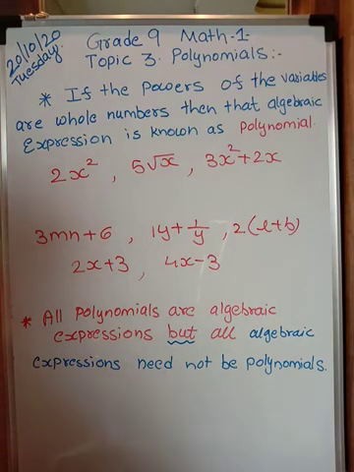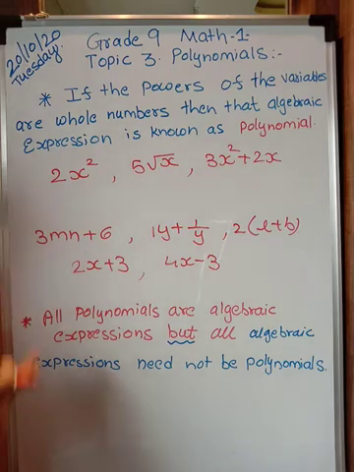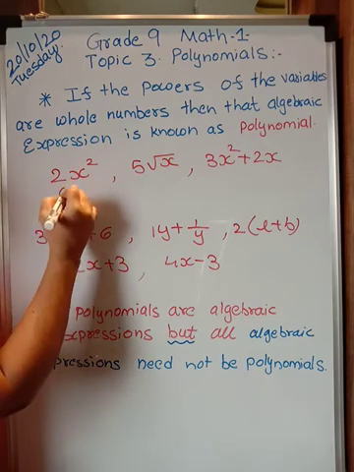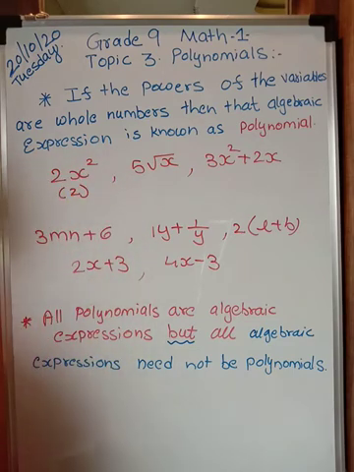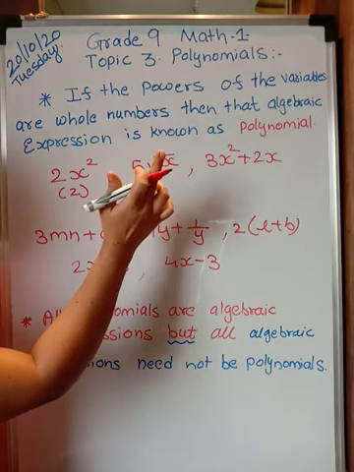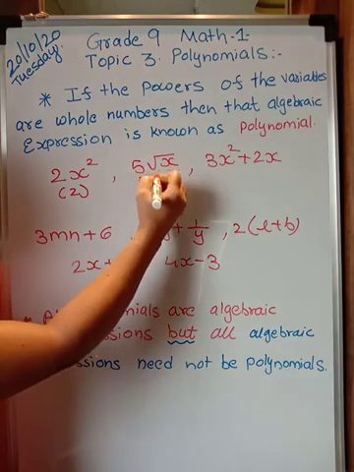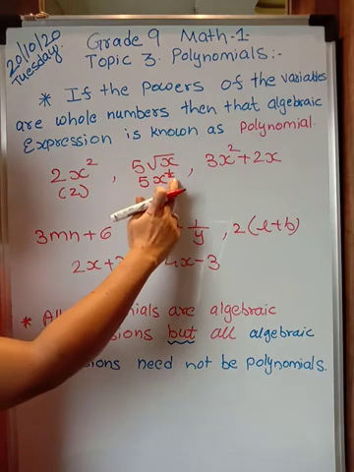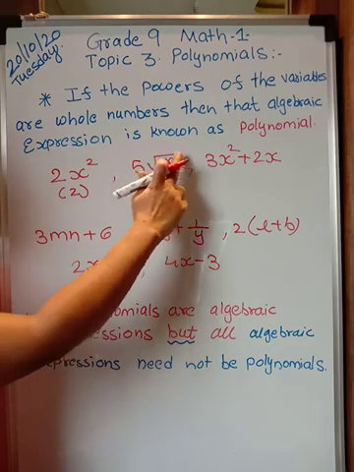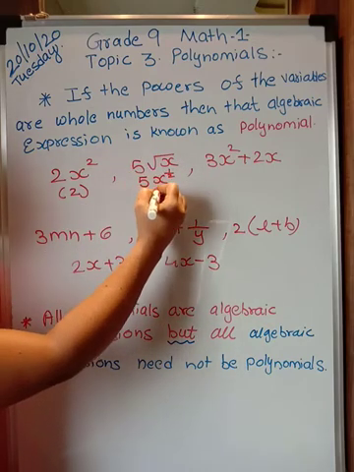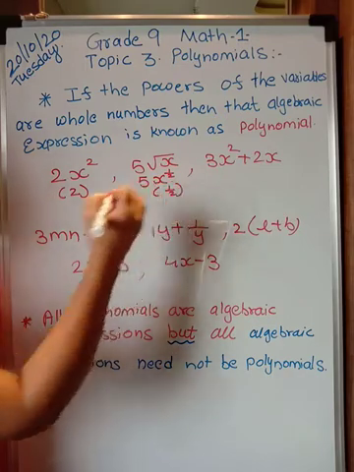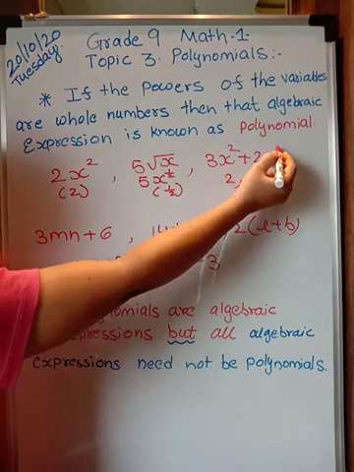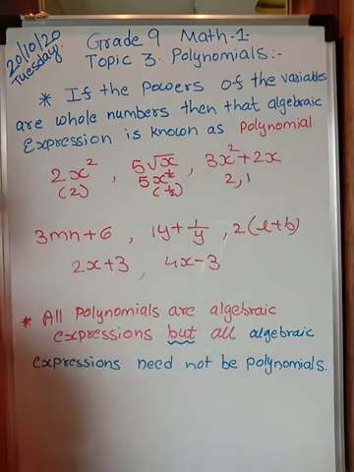Now, let us concentrate on variables and their powers. What is the variable? x. And I am writing the power in brackets. What is the power of x? Here it is 2. 2 is the power of the variable. Okay. Now 5 root x. Root x is written as x raised to 1 by 2. We have learned this in 8th standard. This is the second root of x, that is what we call the square root. So what is the power of x over here? The power of x is half. Is this clear? What is the power of x over here? 2. And there is one more power. Nothing is written, which means 1 is there. So I am writing here 1.